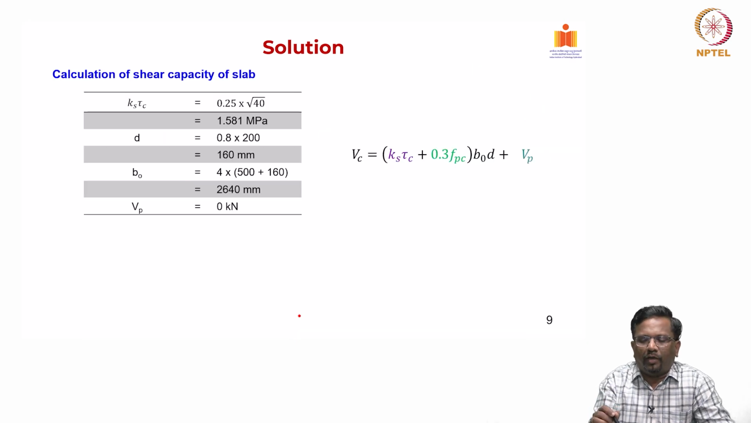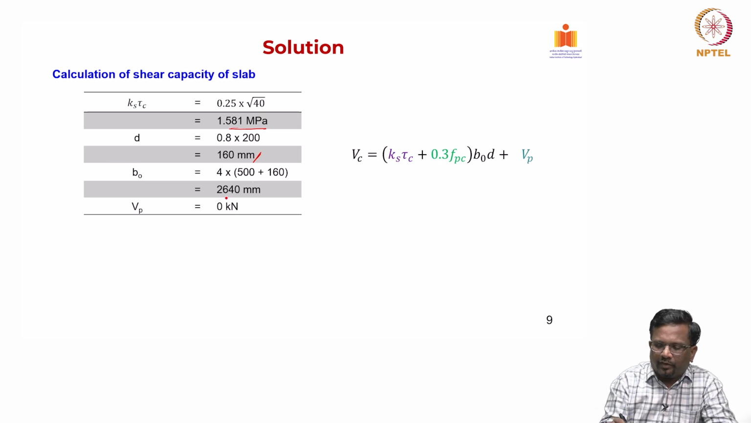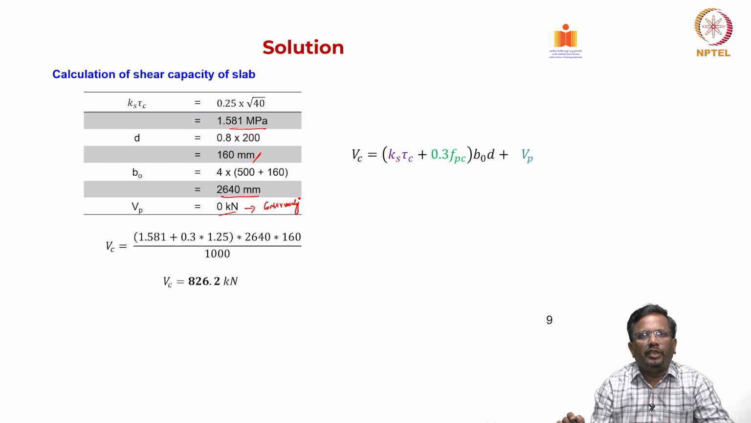Now, we are plugging in all the numbers. 0.25 into square root of 40 becomes 1.581, and the effective depth is 160 millimeter. For b naught, as you know, 500 is your column dimension plus the effective depth of 160, and 4 times that, because you have 4 sides, so the perimeter will be 4 times that. So, that gives 2640 millimeter. Vp, again, we are taking as 0 because we are being conservative, right. So, when you plug in all these numbers,